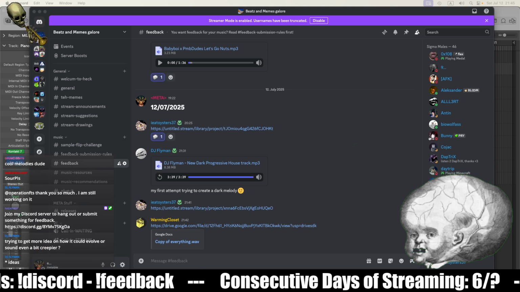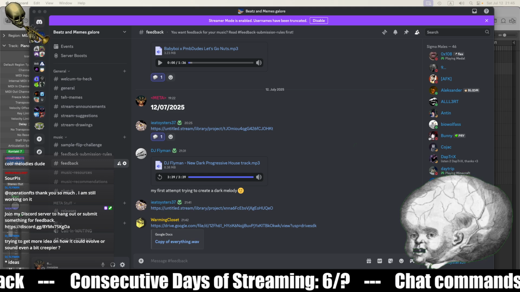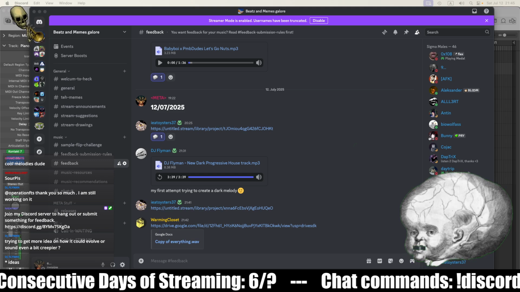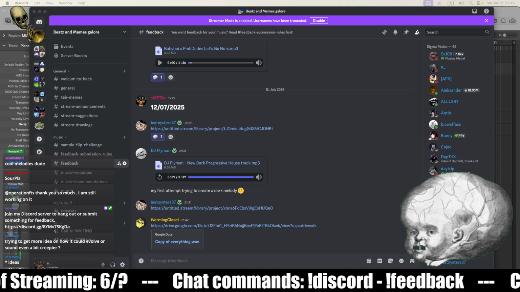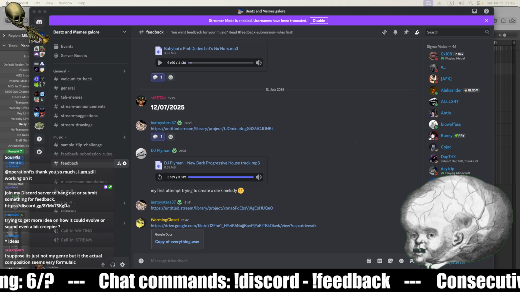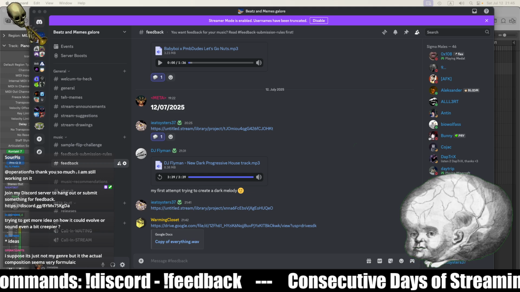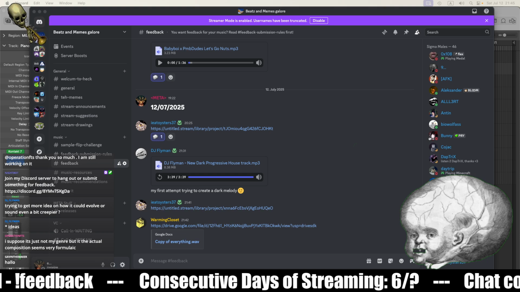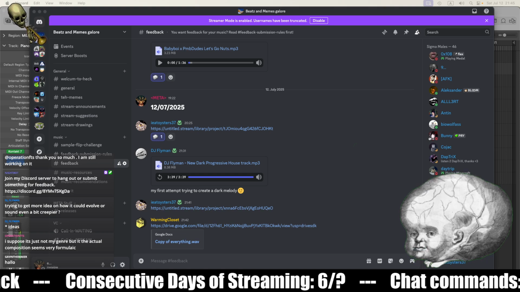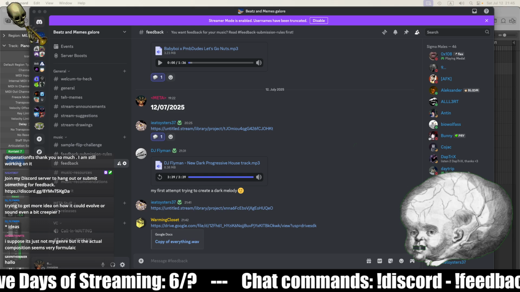Trying to get more ideas on how it could evolve or sound even a bit creepier. Yes, I can tell you how. You sometimes use this chord, not this one, you're using this specific chord. But instead you can use this one.